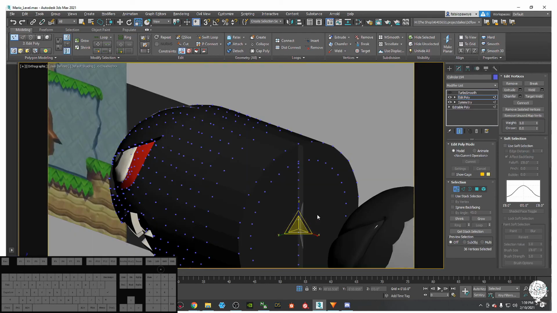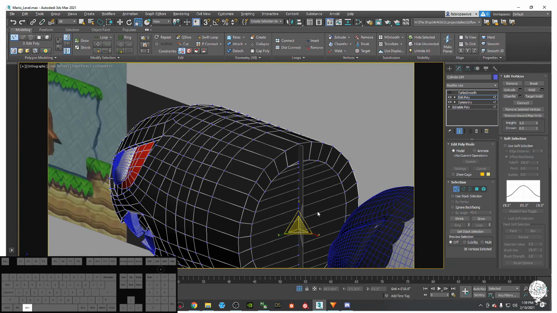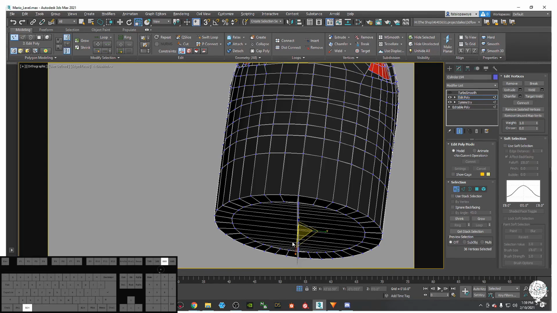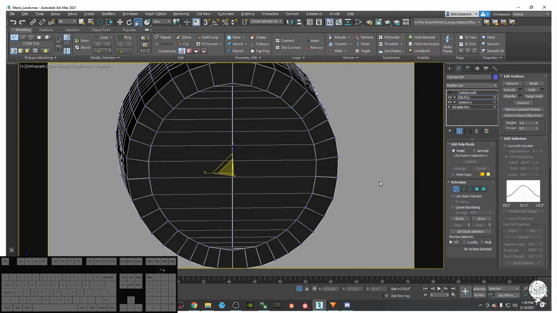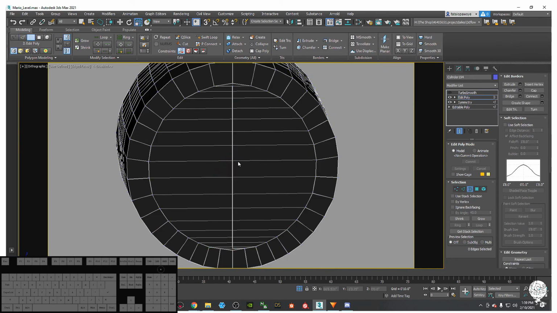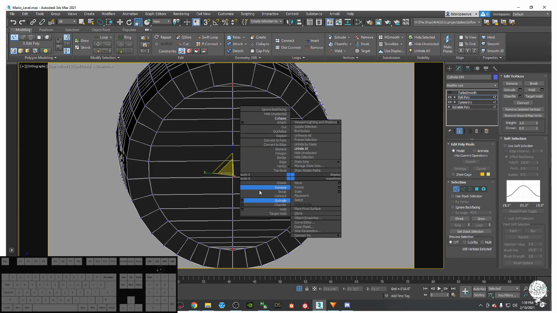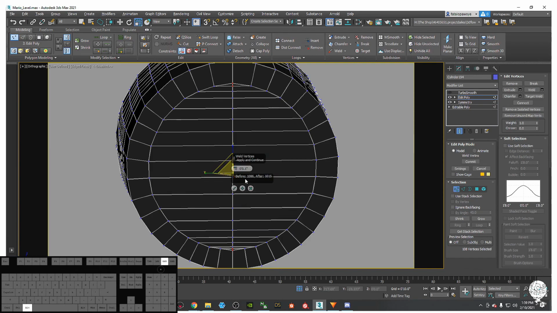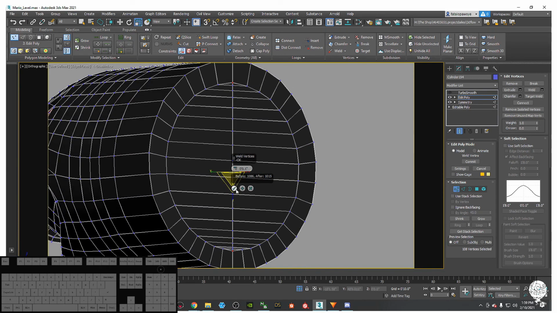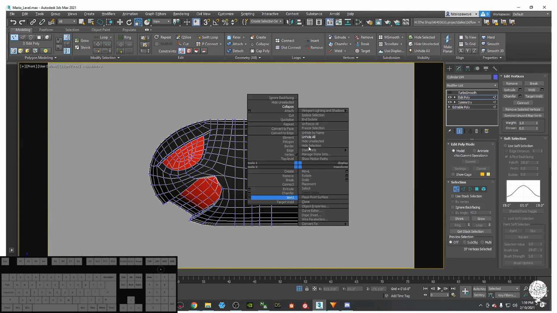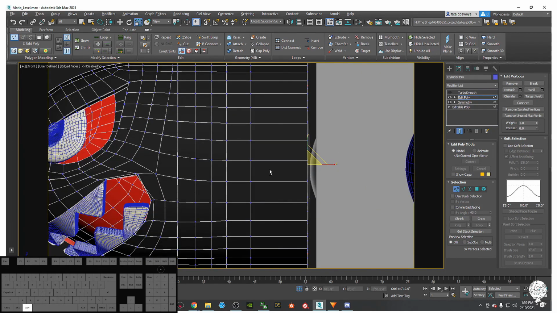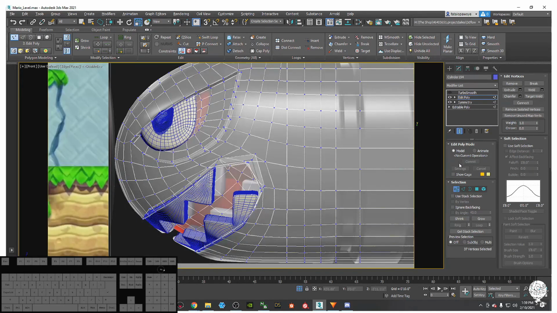So now I should have. What just happened? Oh, okay. So just want to make sure these guys are welded together. Check. So now if I go to my front view, unhide all, Alt X, what I want to do now